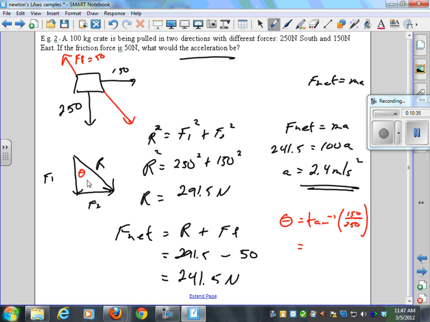So it's 150 divided by 250. Take the second function tan of that. I get 31 degrees. So that's going to be south 31 east. Now, how much would all that be worth, do you think? Probably like 5. Yeah, probably 5 if I gave you one for the diagram, right? 1, 2, 3, 4,